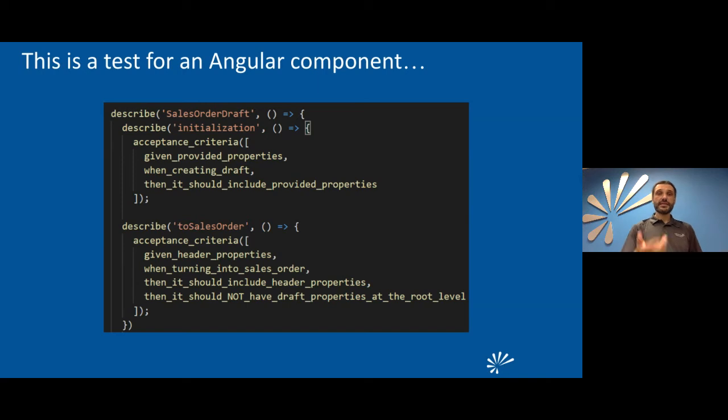Now with that, since this is a component, something technical, it's okay for us to talk about something being at the root level. What is root level? Well, here it makes sense in the aspect of DOM elements and how you're rendering that on the page. But notice that we also have business things here, like where it talks about sales order.